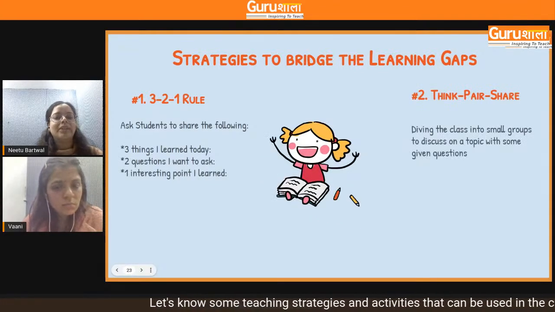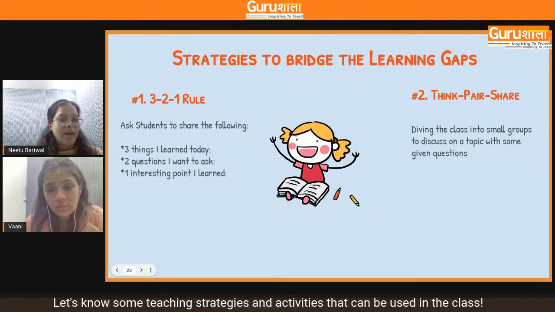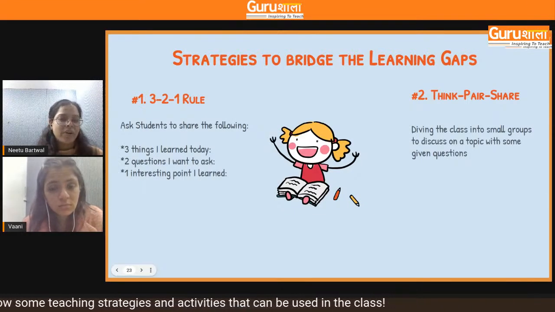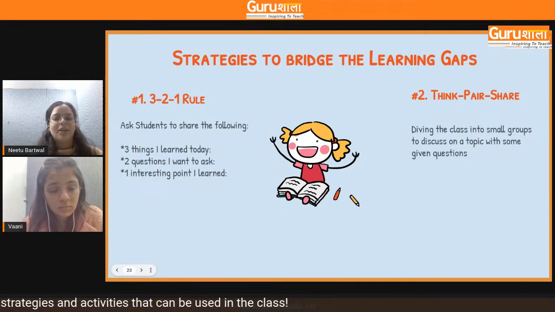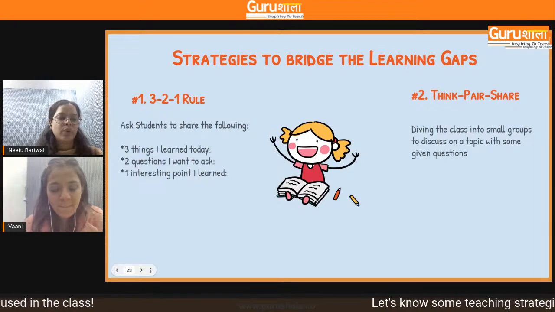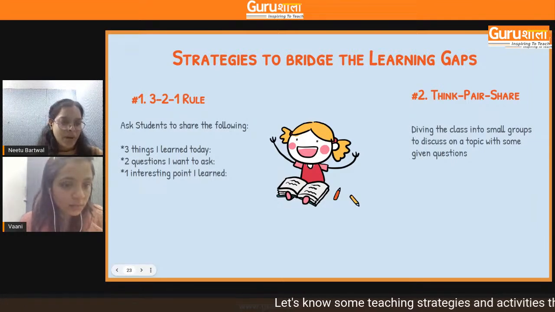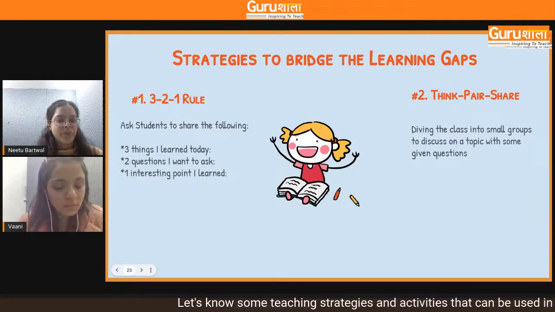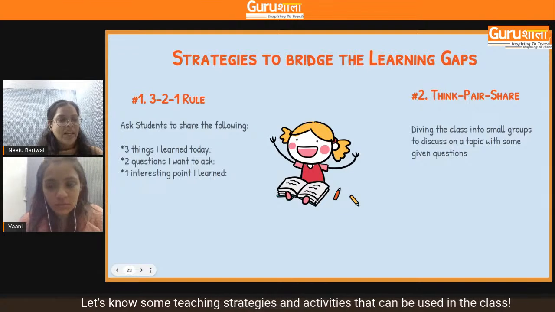If we talk about the second strategy, that is think, pair, and share, teachers, you must be already aware of this strategy. We can divide our students into small groups or maybe into pairs, depending upon the strength of your classroom and the duration you have to conduct this activity.